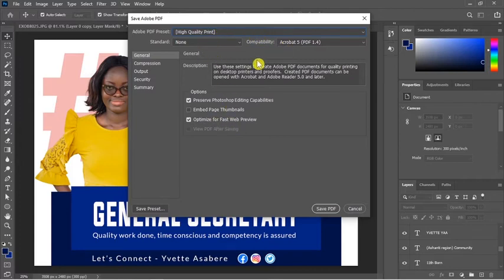And from here you can go through all the other settings, but this is the most important thing. It says option preserve Photoshop editing capability. So if you check this one, it means that when you save it as PDF and anyone opens it in Photoshop, the person is going to be able to edit it, but you don't want anyone to be able to edit it when the person opens it in Photoshop. Just uncheck it and you click on save, and when you leave this one on, the size of the image becomes large. Let me try it for you to see.